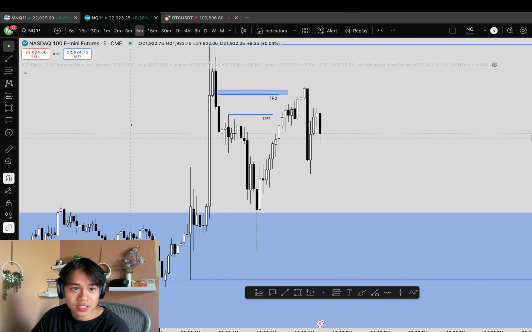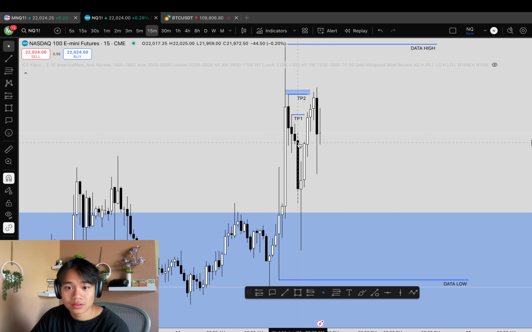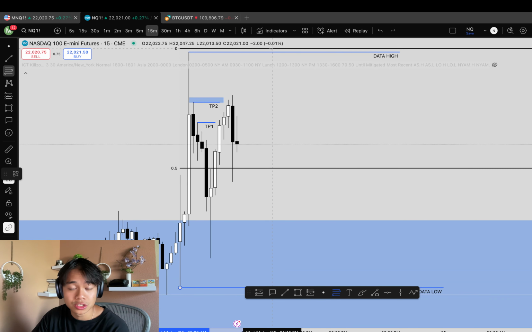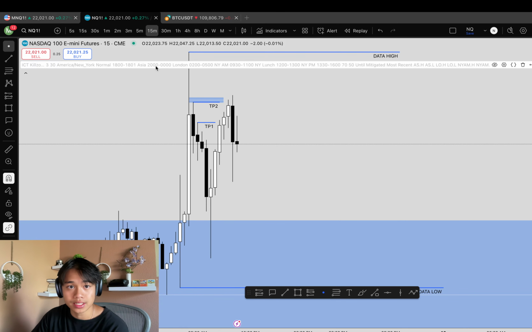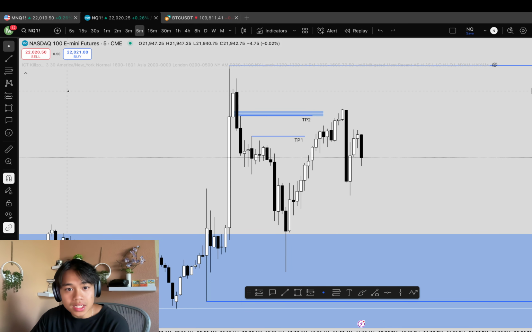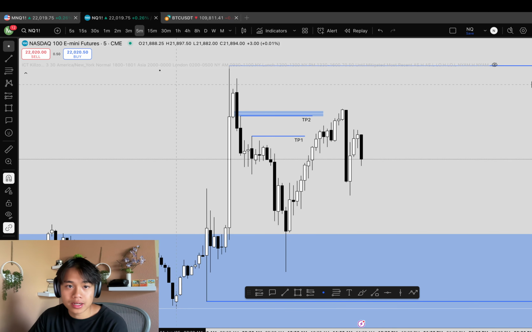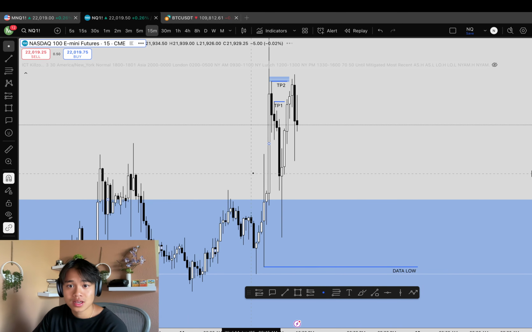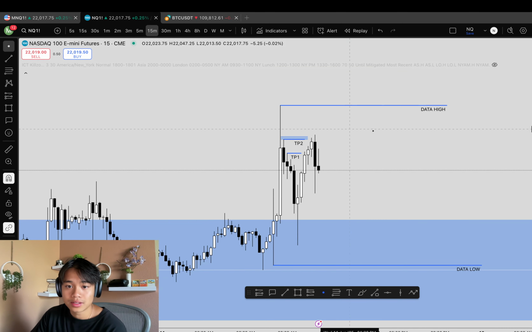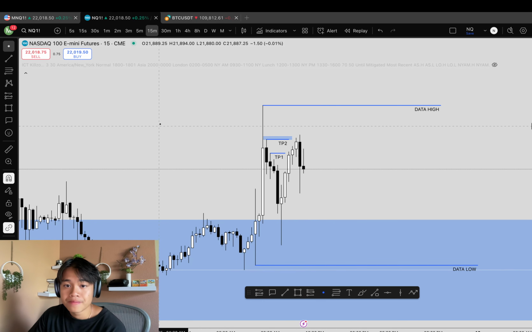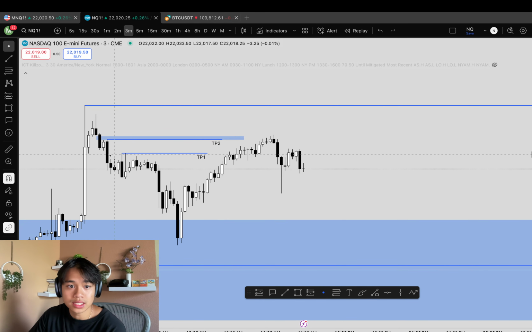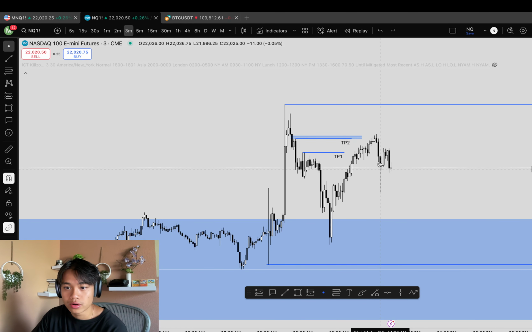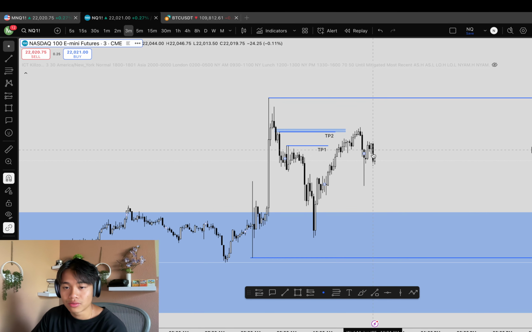Whereas the 15 minute just was a straight V shape, and we had a really strong wick off of 50% too. It literally went all the way into OT and it just wicked up. And it was great because the 5 minute closed with it and the 3 minute, so it was all time frame closes at the same time for the inverse. There's really no other reason why price wouldn't go up to at least these internal highs, right? Which it did before having this weird dump and then whatever we're doing right now.